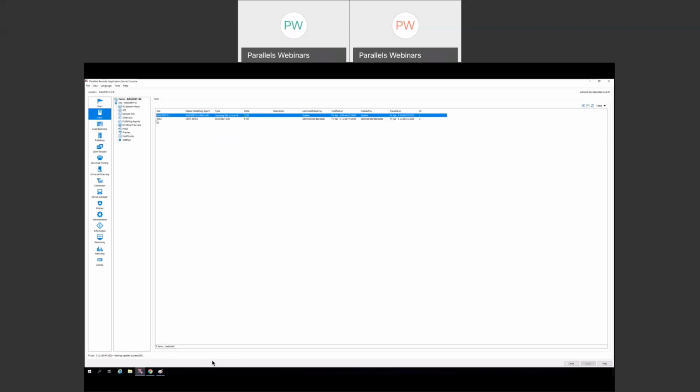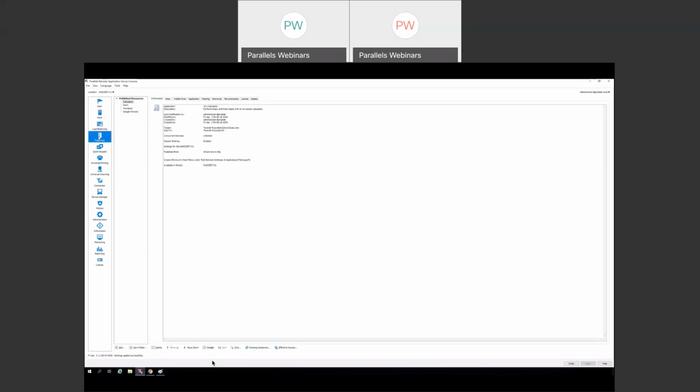Okay, so let's look at a couple other things here real quick on publishing. So if I go down to farm and publishing, I've got my applications right here. I can organize them into folders, right? So I could just go create a new folder, and I'll call this mission critical apps. Finish. And mission critical apps will of course be Paint and WordPad and Calculator. Those are all mission critical apps, right? So I'll leave Chrome outside. So now if I click apply,